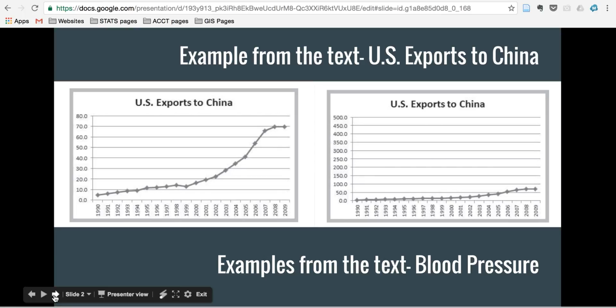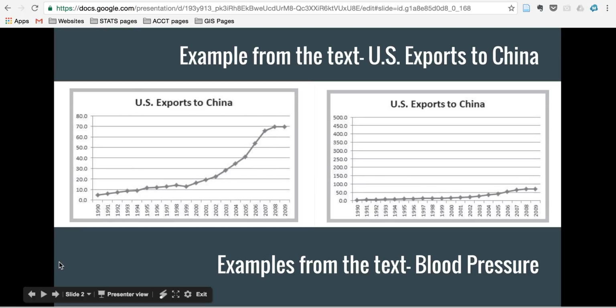So our text mentions ethics and data reporting this way. Tables of numbers often hide more than they inform. Graphical displays clearly make it easier to gain insights about data. However, it can be easy to distort data by manipulating the scale on a chart. Our text gives this example,